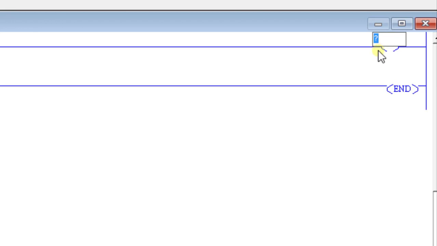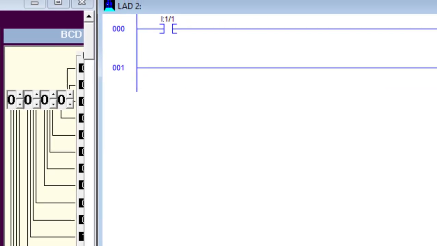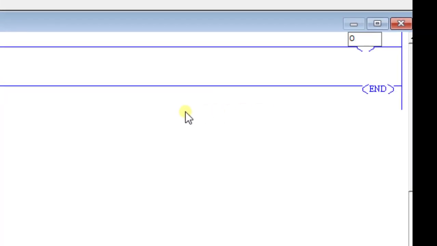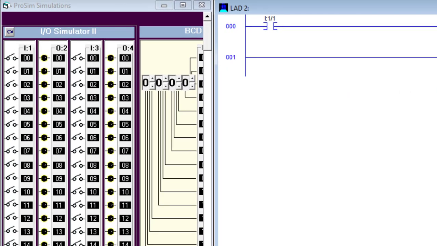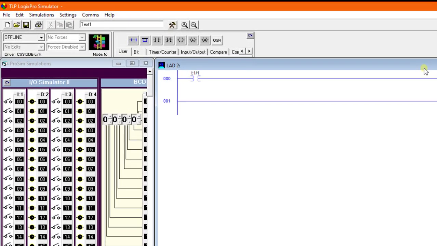So I'll just double click on this question mark, and you can see we have output with the digit 2. So we'll just start it like this: O:2, and then it shows 1. Okay, so I need this bulb to show me the output, which would be the first one. So I'll just enter it.